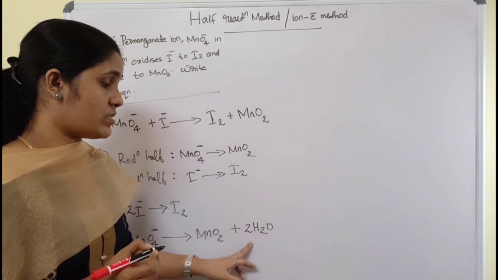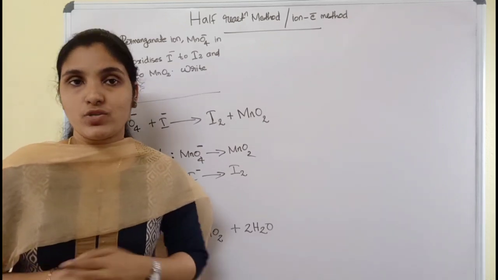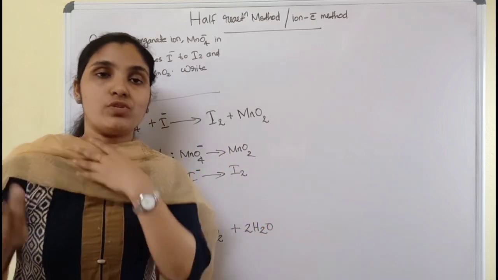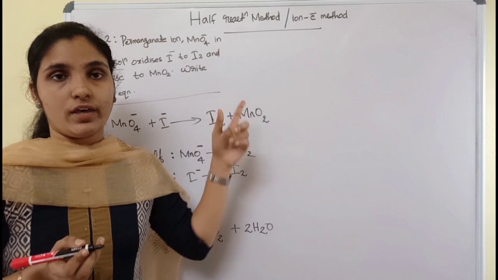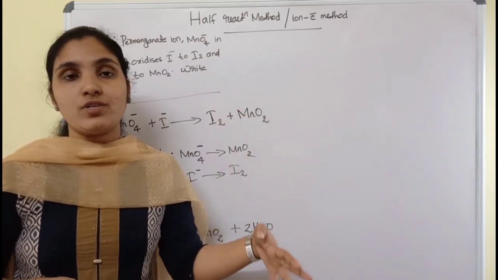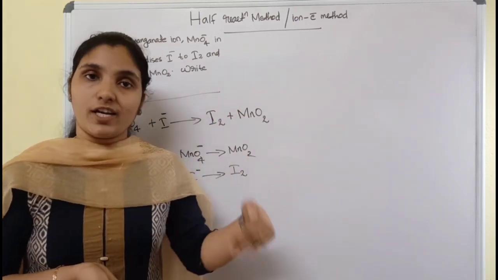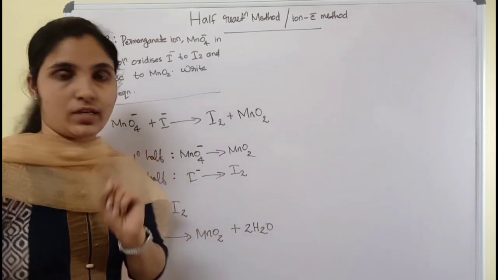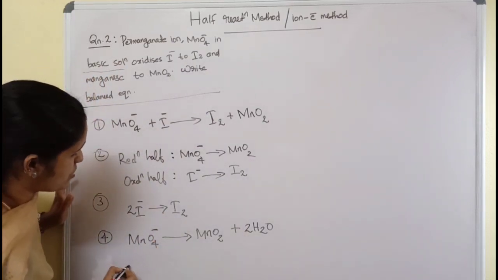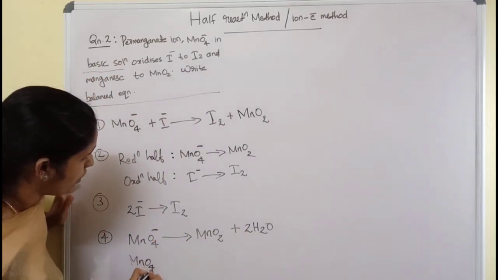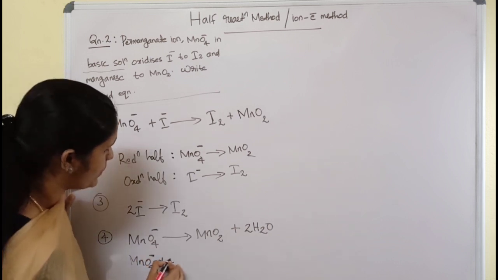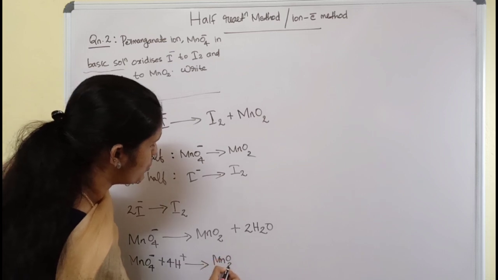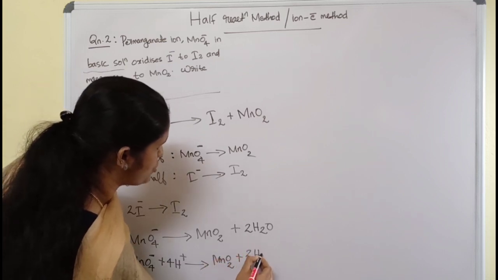So here we will balance the number of hydrogen. Here 4 hydrogen is there. So how will we balance the number of hydrogen? Hydrogen is balanced by H plus. Normally we will think of the reaction which is in the basic medium, that is already stated here. But in order to balance the hydrogen atom, the rule says to write H plus, which will be considered in the basic medium in the next step. So don't get confused, that's why I am telling. So MnO4 minus plus 4H plus gives MnO2 plus 2H2O.